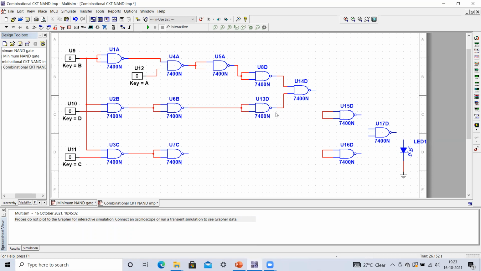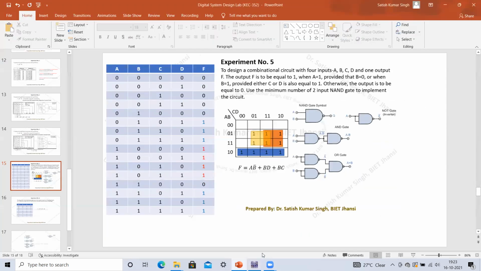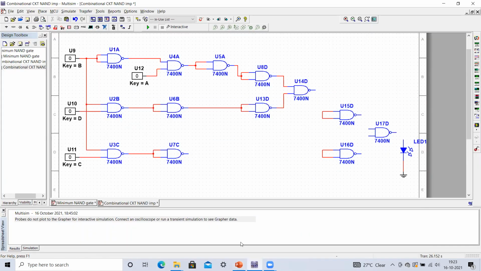So the output of this NAND gate is nothing but A dot B bar plus BD. That will be the output at this particular point, so we have already realized up to this point. The next part is to add this output with this particular output, which is our B dot C. So what we have done so far is we have already implemented this part.